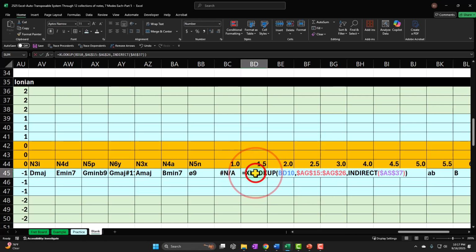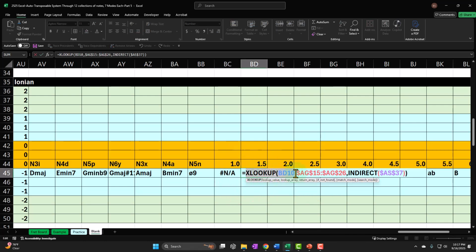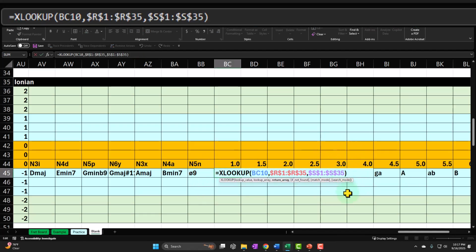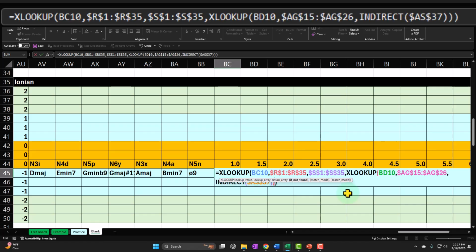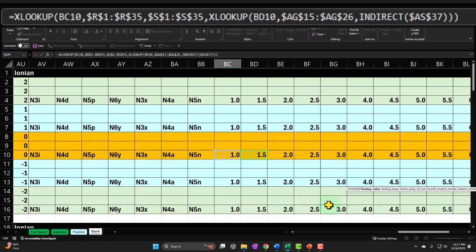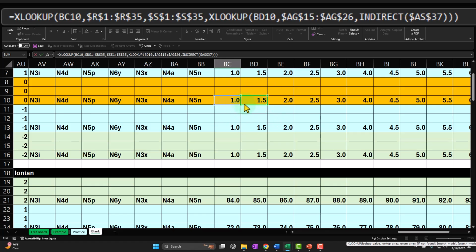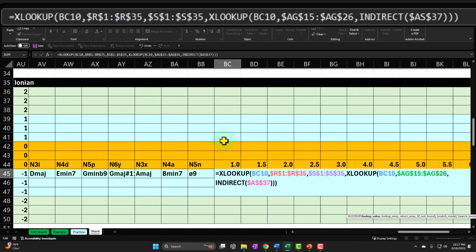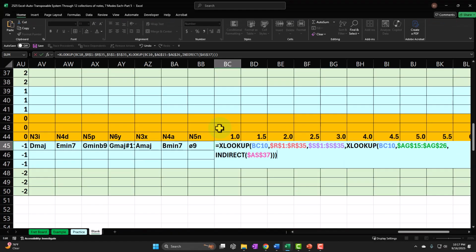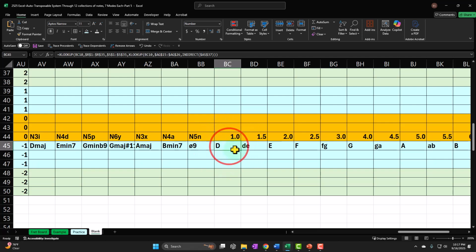So what if I copy this bit, take this whole thing, copy it, and on the NA, I'm going to go into the end of this XLOOKUP and say, comma, if you can't find that, do that bit right there. But this one should be referring to, if I scroll up, they should both be referring to this one, so it's in the same column. And then enter. So there, boom. I think that works. So if I copy that across,